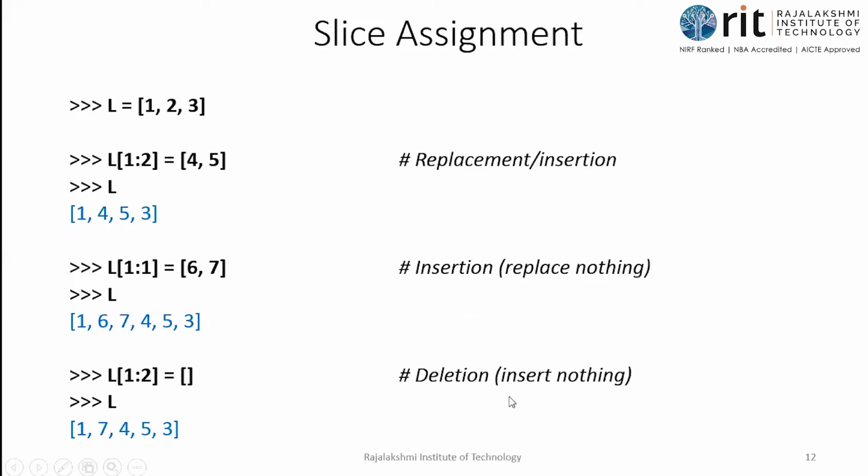So these are three different examples. You should know that these are also allowed. Though you know how to do the slicing, you might have a problem with this 1 colon 1. That is allowed, and you should know that. And the last one, the empty space, is also allowed. With 1 colon 2 on the left hand side, you're focusing on only one location, index location 1, and placing empty space. Already 6 is there, so the 6 gets deleted. That is how the rule works. So these are the three important examples that you should learn.